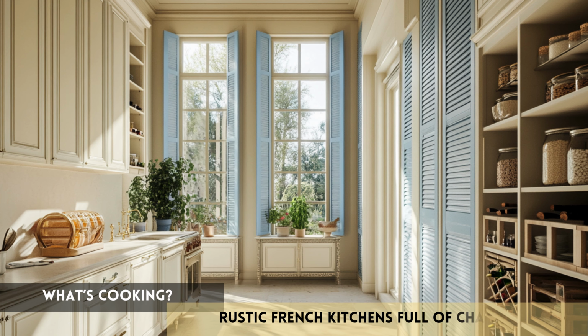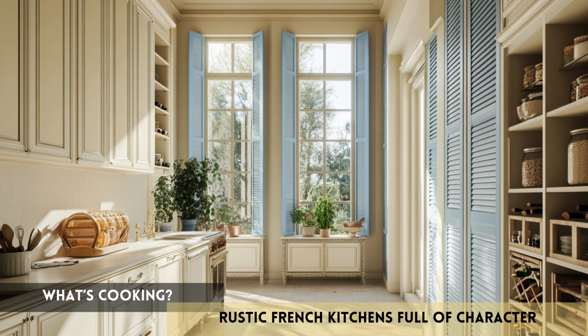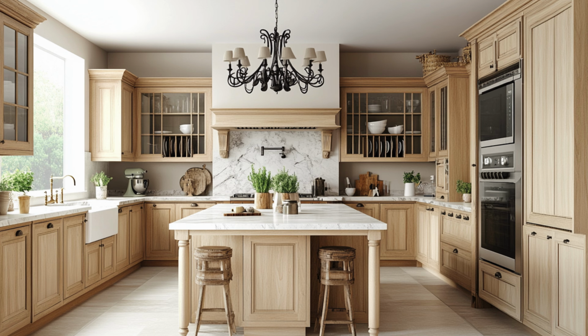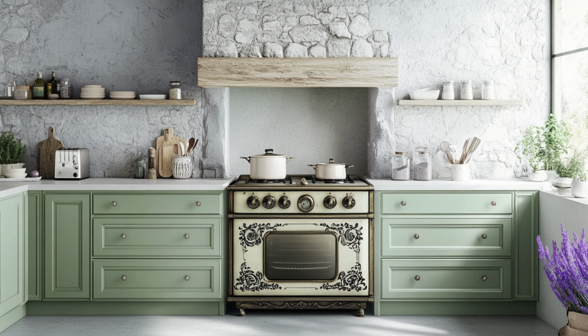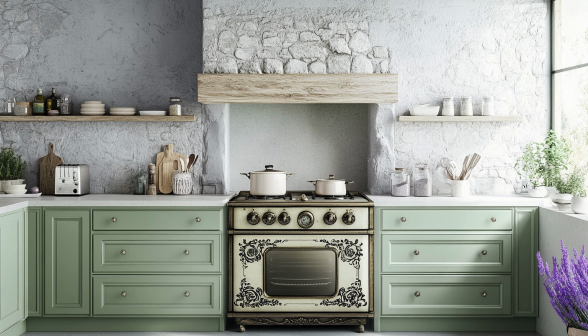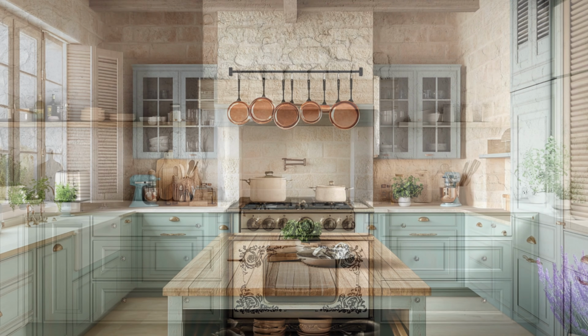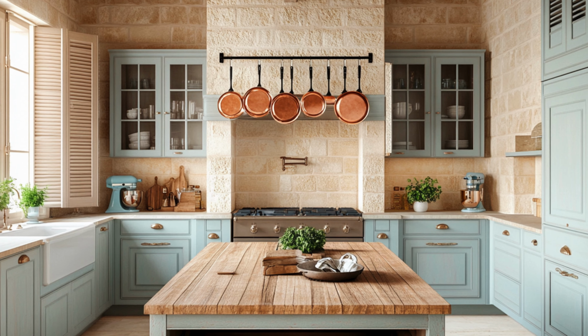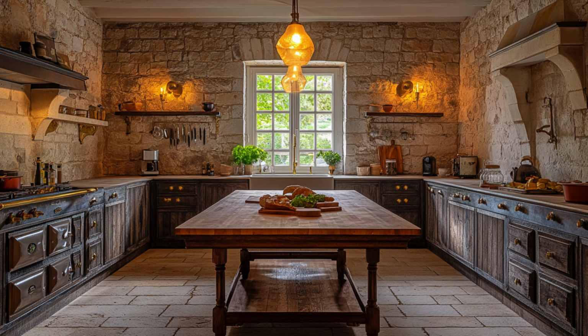Step into the heart of every French country home, the kitchen. This is where rustic charm meets modern utility, with exposed stone walls, pastel cabinetry, and vintage copper accents. Picture a large wooden island surrounded by natural light, soft blue shutters framing garden views, and farmhouse sinks inviting you